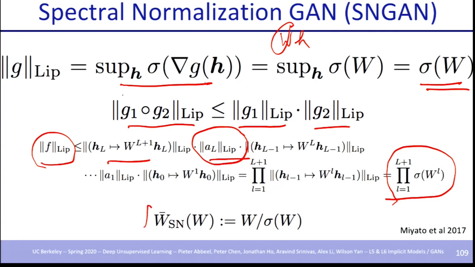And the idea in spectral norm is to take every single weight matrix and scale it by its largest singular value, or the spectral norm. So that's why it's called spectral normalization. You take the weight matrix, you calculate the largest singular value, and you just divide the weight matrix by that value. And you do this for every single weight matrix. That's literally spectral norm. And if you train with this, you're basically ensuring that the output is Lipschitz. So far so good, right? One obvious question is, is calculating the largest singular value tractable for the dimensions that we operate with in neural networks? So that's where they were very clever.